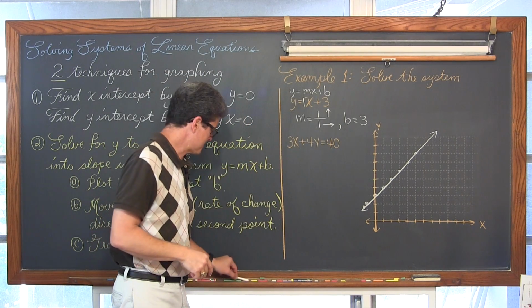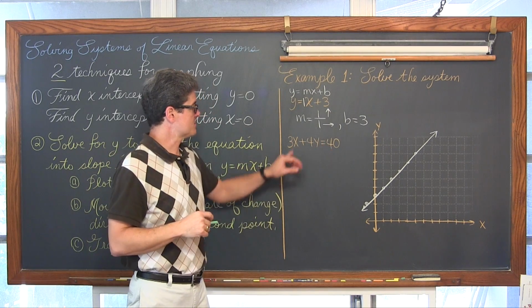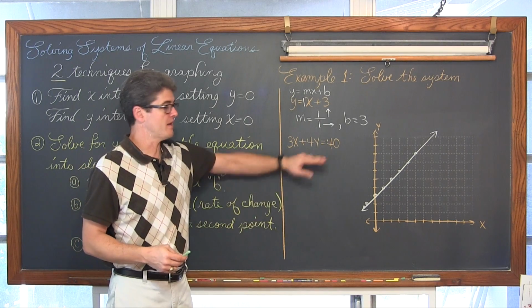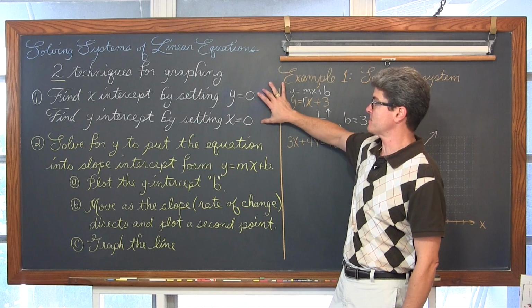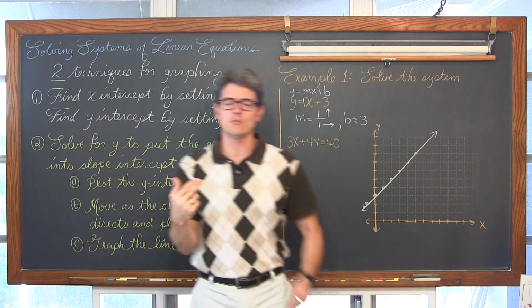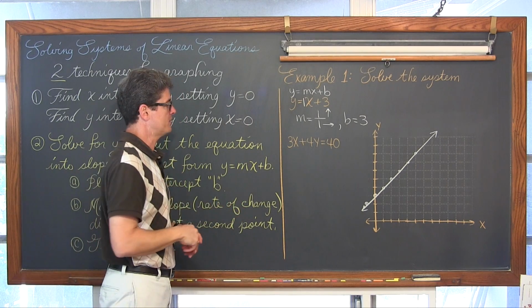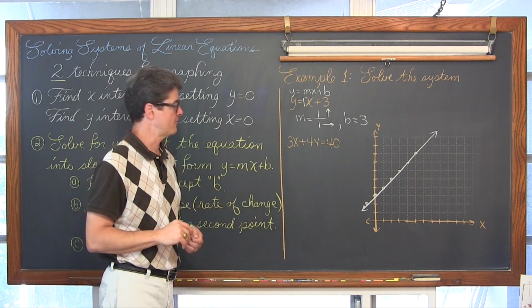Now with my second equation, and we'll do that in green, I have an equation that is 3x plus 4y is equal to 40. Now this is in standard form. This is a very nice form for practicing finding x and y intercepts, but we're going to go ahead and do that on one of the word problems coming up here next. For this one, I'm going to remind you and review with you how you solve this for y and how you put this therefore into slope-intercept form.